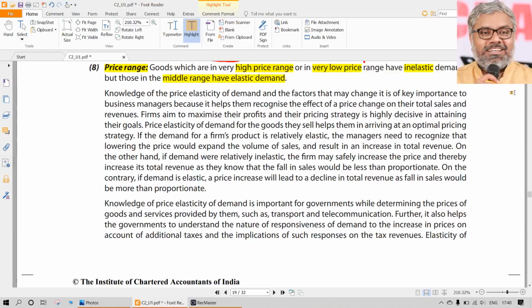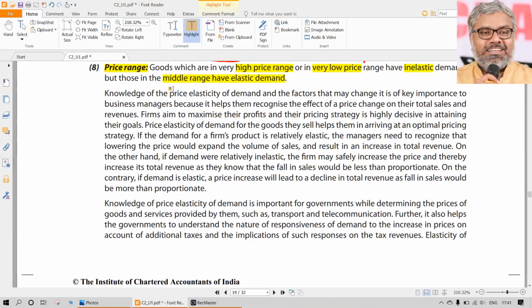Those who purchase very low-priced commodities, very poor people, very normal people, their contribution will be very basic. At the maximum, they can buy only food products and basic necessities, but they cannot afford slightly more expensive products like refrigerators, washing machines, cars and all. They cannot do that. Who can do that? That is the middle range. So the focus of the market economy, where it can play with the demand using price as a mechanism, mostly will be focusing on what?